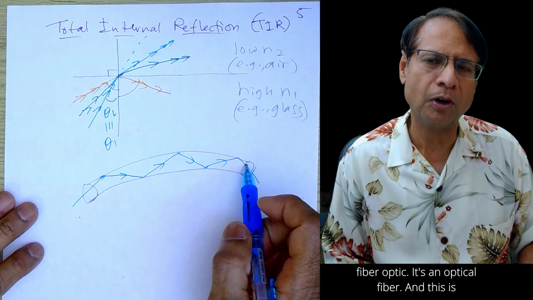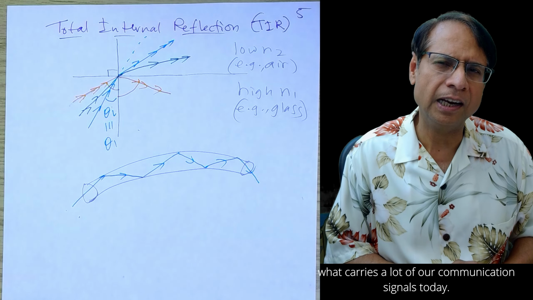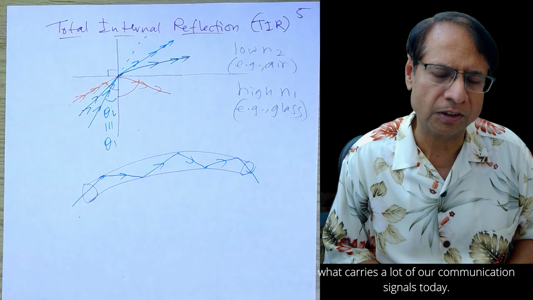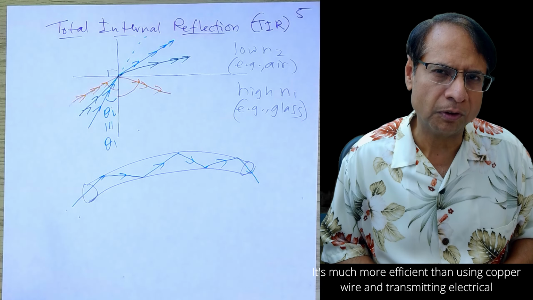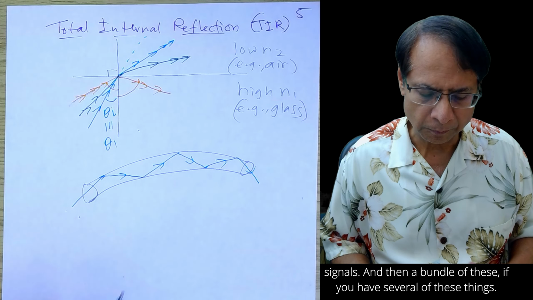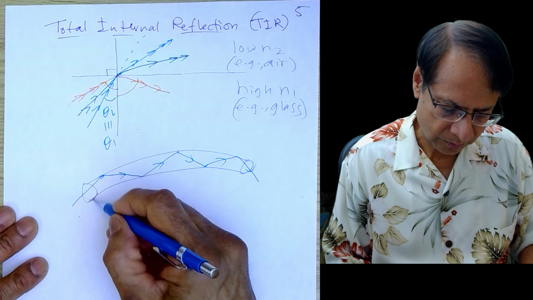This is a fiber optic, an optical fiber, and this is what carries a lot of our communication signals today. It's much more efficient than using copper wire and transmitting electrical signals. And then a bundle of these, if you have several of these things,